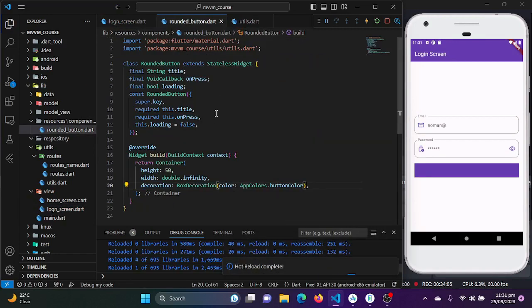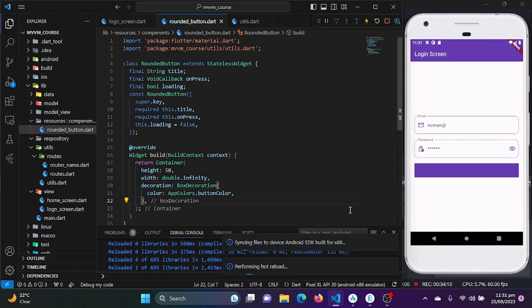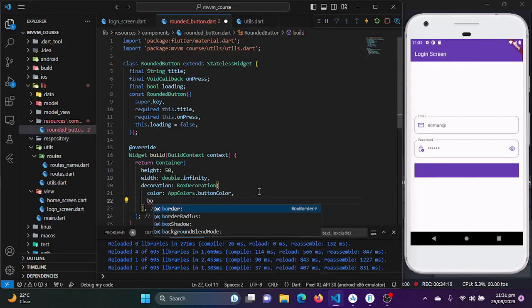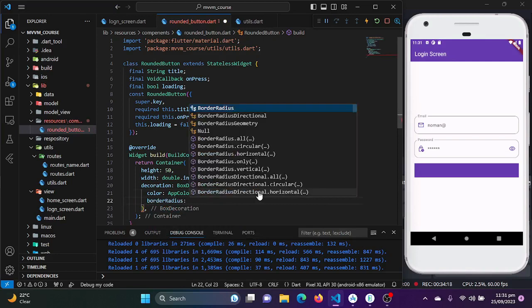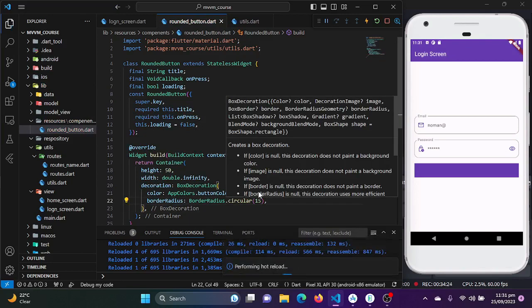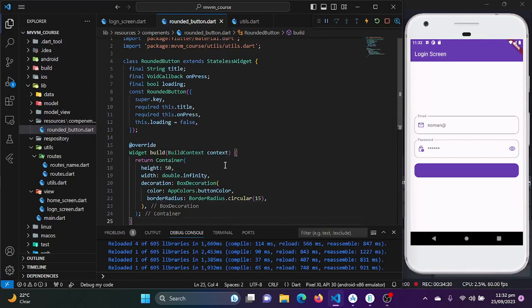So now we will just design it. So here we need our button corner to be rounded, so we will just use the border radius all to 15, and I will be just saving it. Let's see what happens. Yeah, now it is looking quite good. And